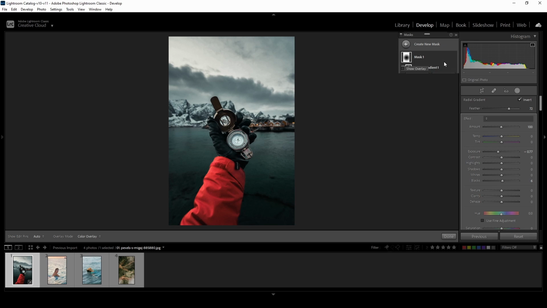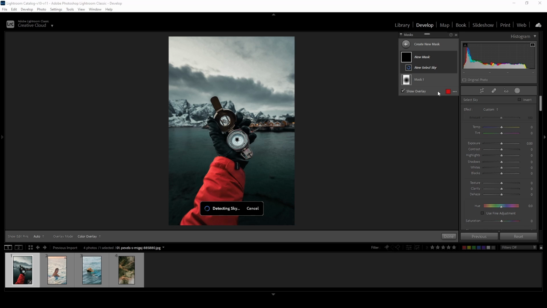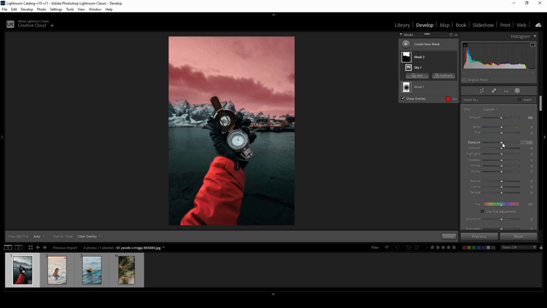Now I will create another adjustment layer in which I will select the sky. Now I will reduce the sky exposure in order to add more drama in the sky. And here is the before and after the local adjustments.